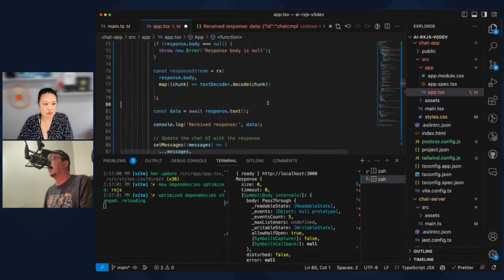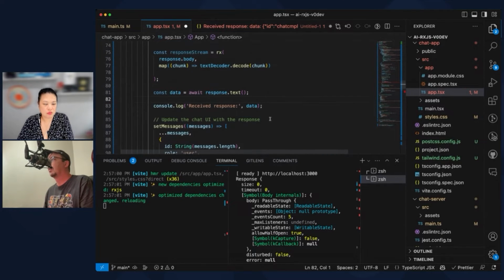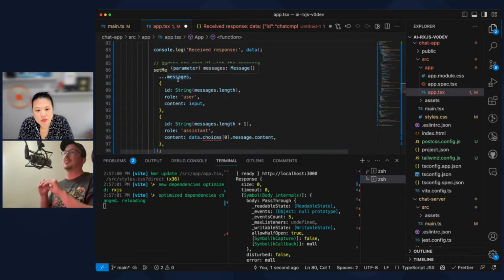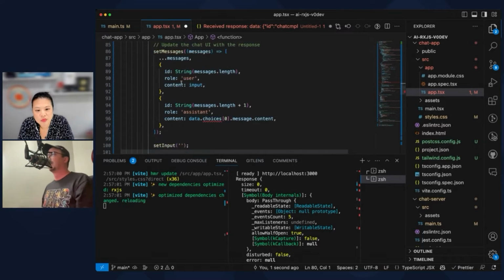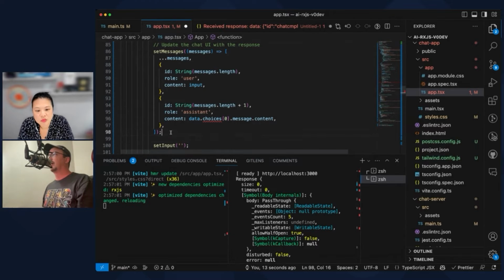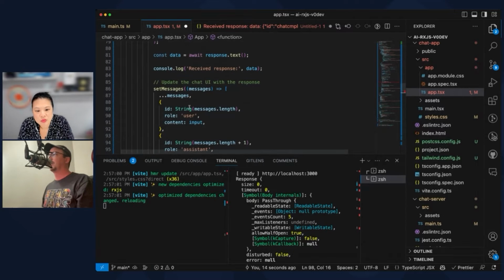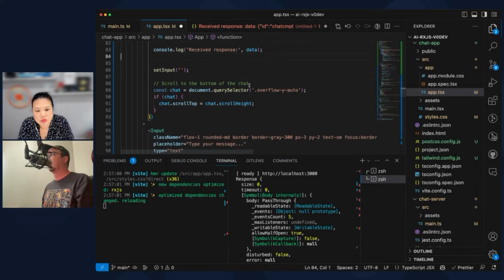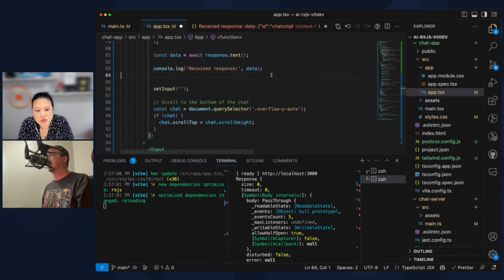And in here, the really crazy thing is we're building out the last message, which needs to look like it's being typed. So setting it like this is going to be super weird. So I'm going to kill this just for now, and we'll just log things out as they come in.